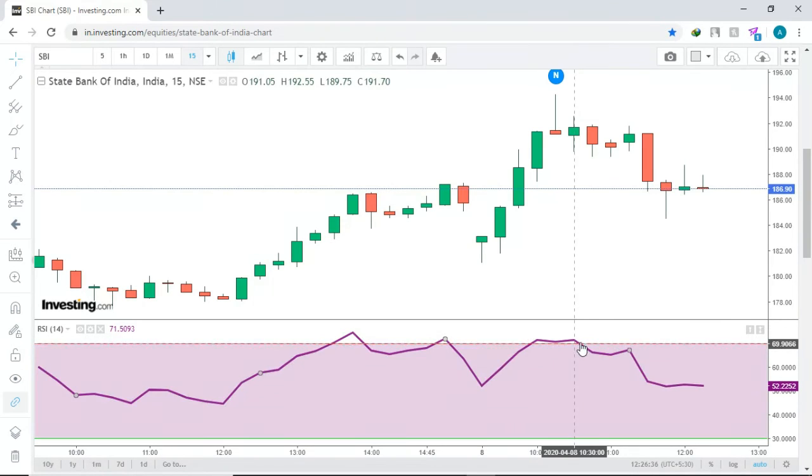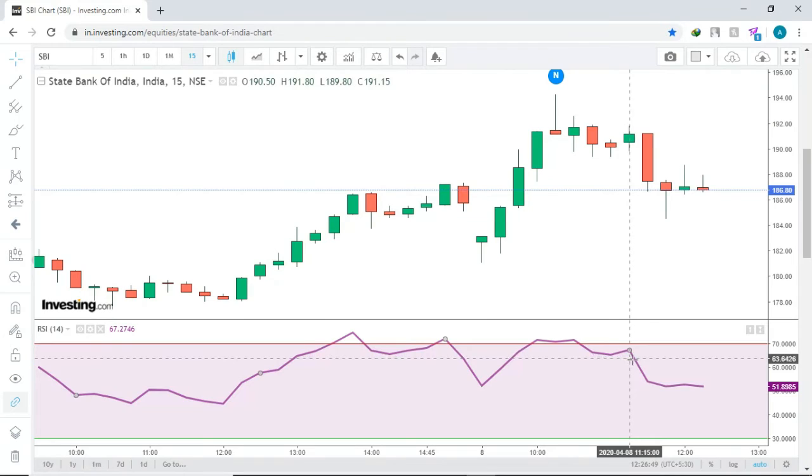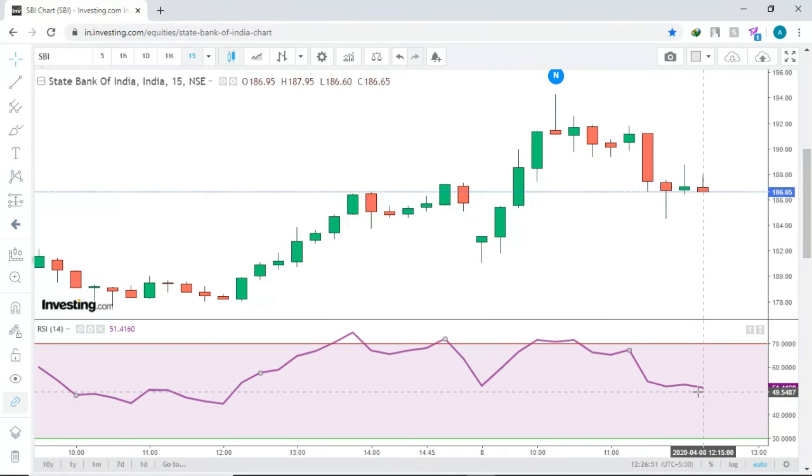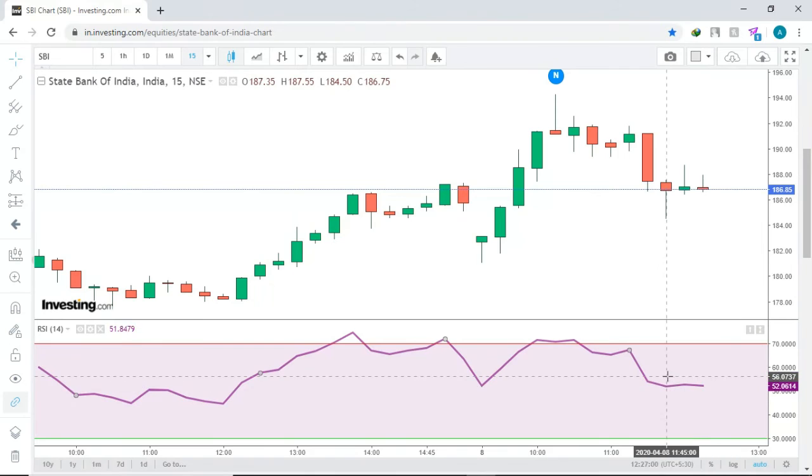At this point, when you take a sell order, you have to always take a sell order when the stock is overbought. So at this point, when you take a sell order, look at the price of the share, how it has fallen. At the time, it has fallen up till here. So that means you have to always analyze the graph. You have to not go blind. You have to always follow the trend. If you follow the trend, you will earn your profits. Okay, so like this, you have to just analyze the graph and you have to deal it.